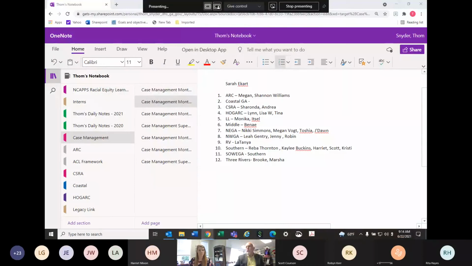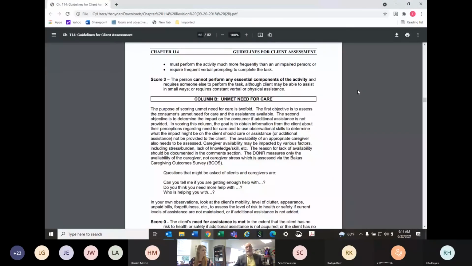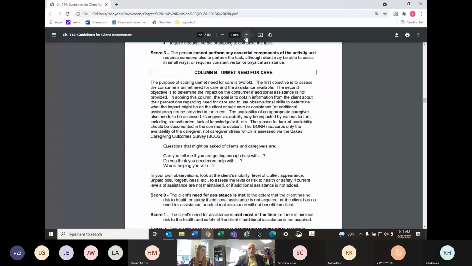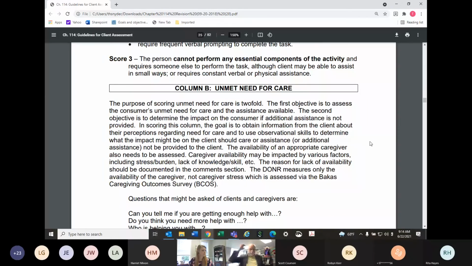So what I want to do for a second is share out of the Otis manual. This is in chapter 114, guidelines for client assessment. Let me make that a little larger. And I'm just going to skim over this. I won't read it to you, but